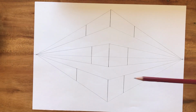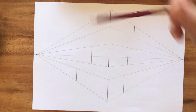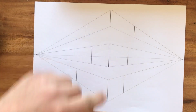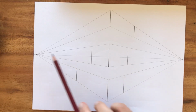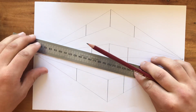Okay. Now this one is below the horizon line, so we're looking down on it. And we're going to go from these lines we've just put into the other vanishing points to construct this top face that we would see. Because we're looking down at it, we should be able to see the top face, which is somewhere here. So I'm going to start on the right hand side on this one. Now if I go from the top, it already goes to that vanishing point. You can see that it follows there. So I'm going to go from the top and I'm going to go to the opposite vanishing point. So I'll line my ruler up and I go to